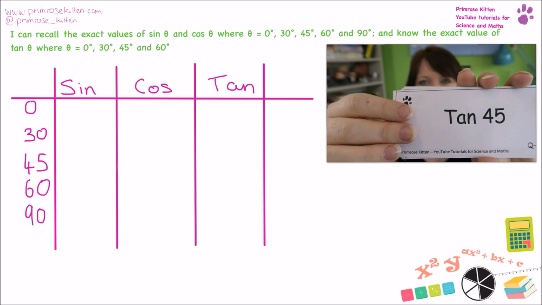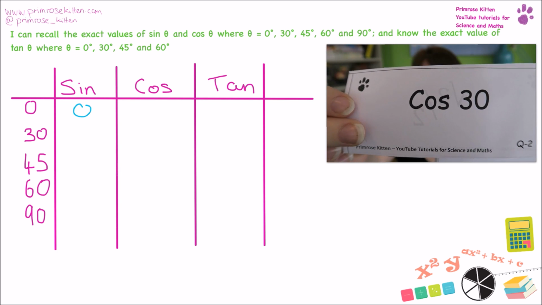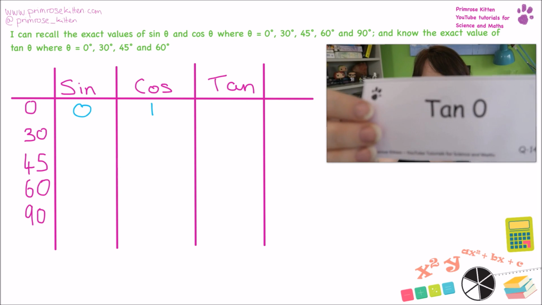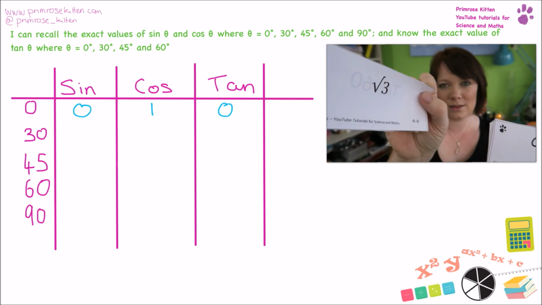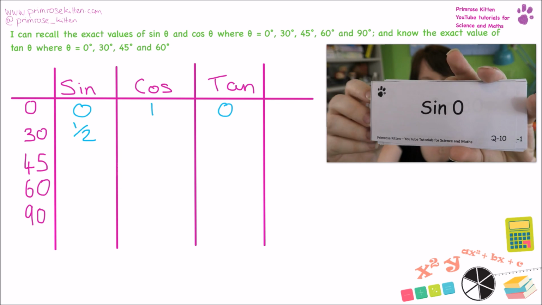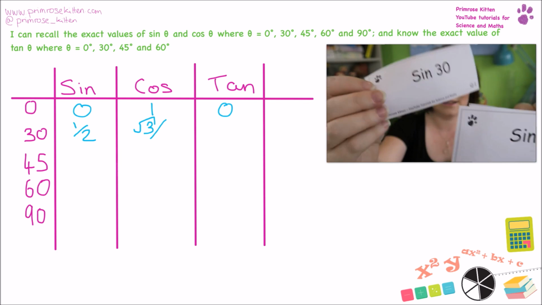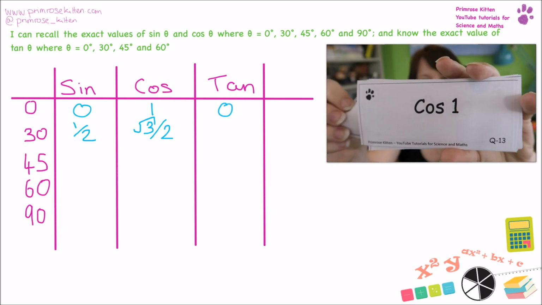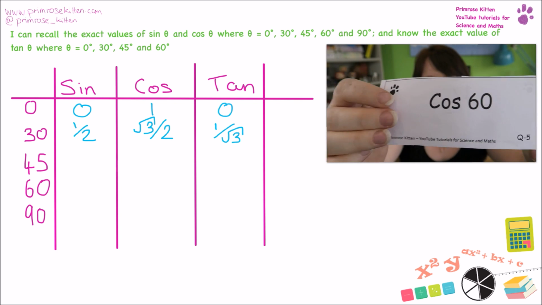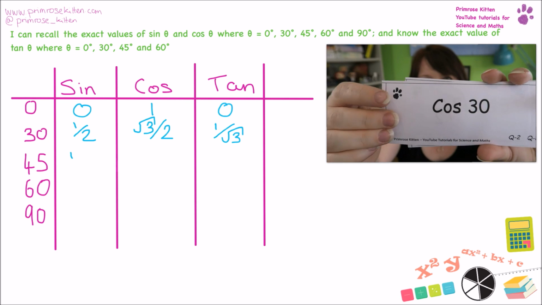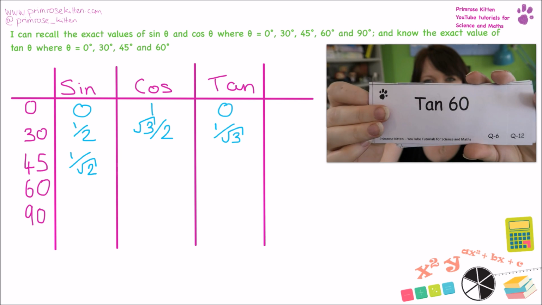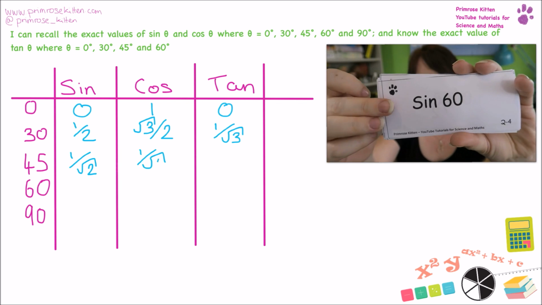So sine of 0 is 0, cos of 0 is 1, tan of 0 is 0, sine of 30 is a half, cos of 30 is square root of 3 over 2, tan of 30 is 1 over the square root of 3, sine 45 is 1 over the square root of 2, cos 45 is 1 over the square